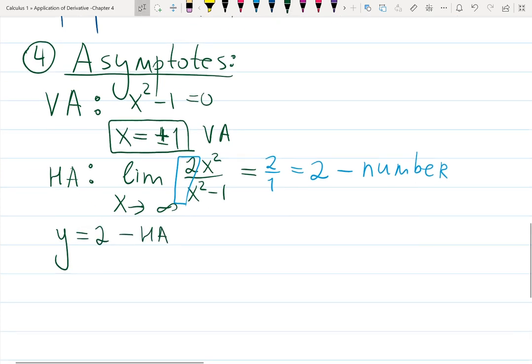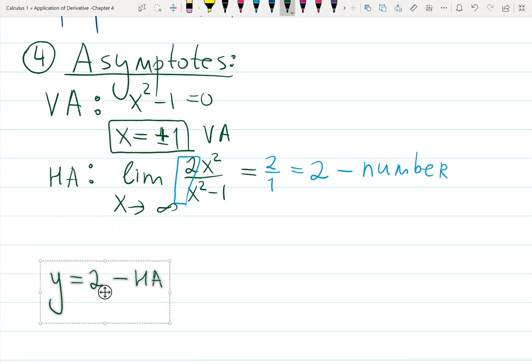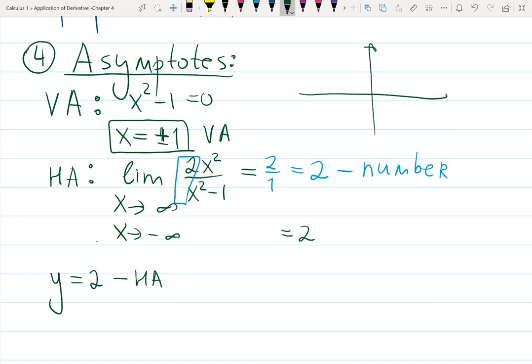You're also supposed to check the same limit on the left side, because it's not always the same. x goes to minus infinity, but since x squared swallows the negative sign, the answer is the same. But we definitely have examples of functions that have two different horizontal asymptotes. One goes to, say, y equals 5, and the other one to y equals -5. So you have to check both ends separately. In our case, we have one horizontal asymptote, y equals 2, on both sides. So I will say both